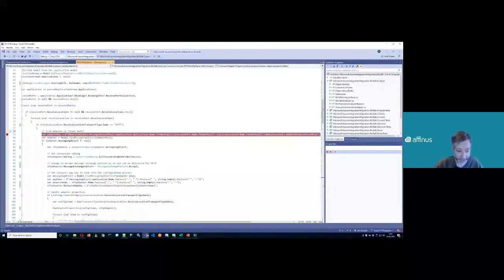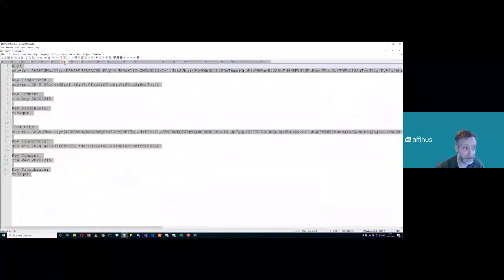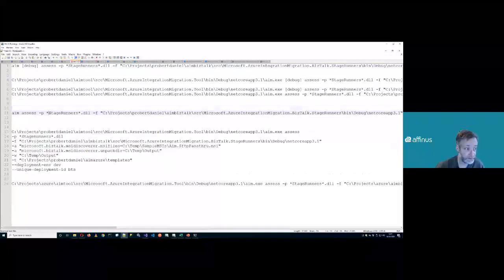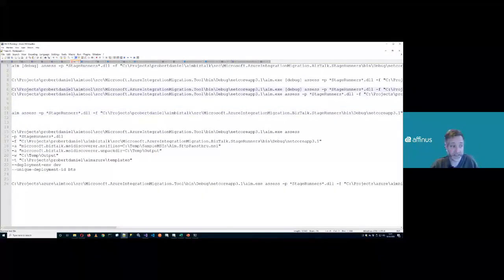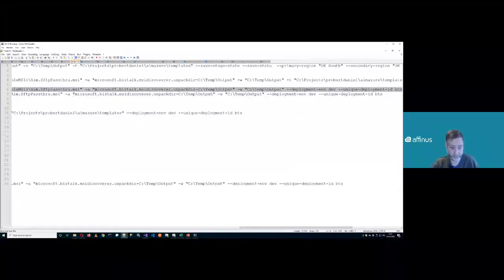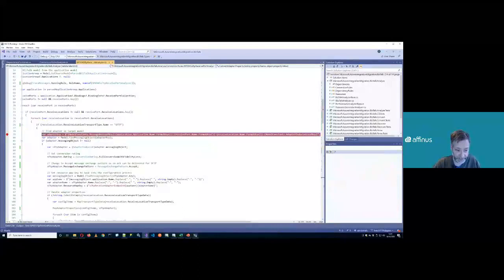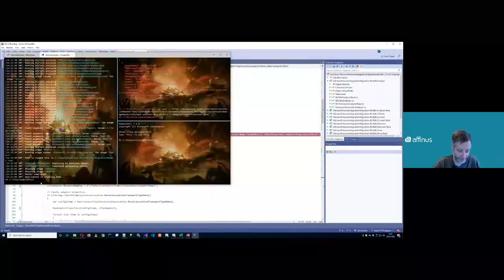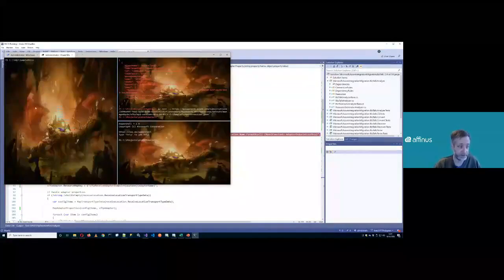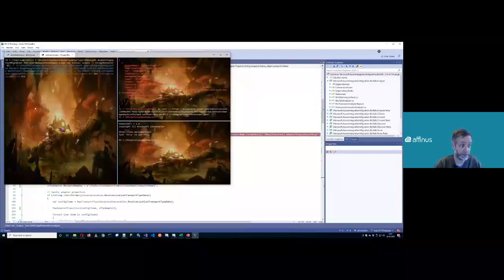And I could then select the correct command line here to run it in debug mode. And I could come back out to here. Now, let's just clear this. So if I run this in debug mode, if you remember this from last week,